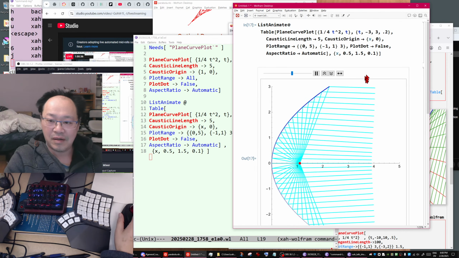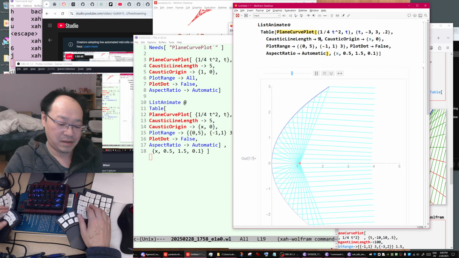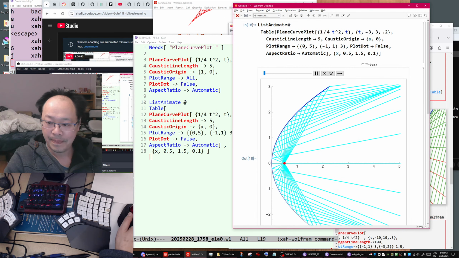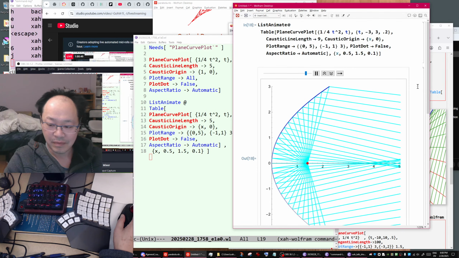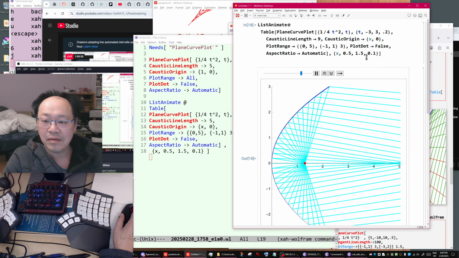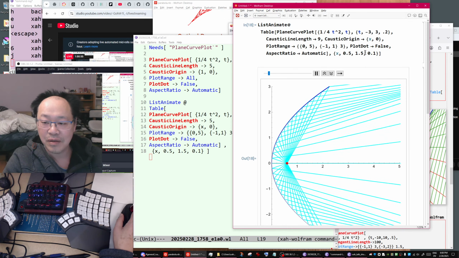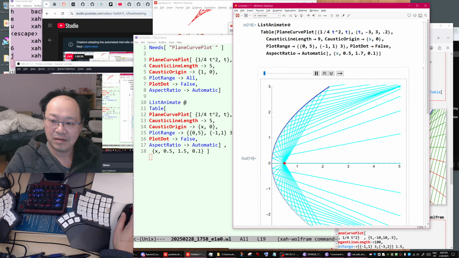Okay, the light ray length should increase. Let's say 9. Do it. Fantastic. Now it's better. Okay, and then increase to 0.7. Okay, let's do it again.